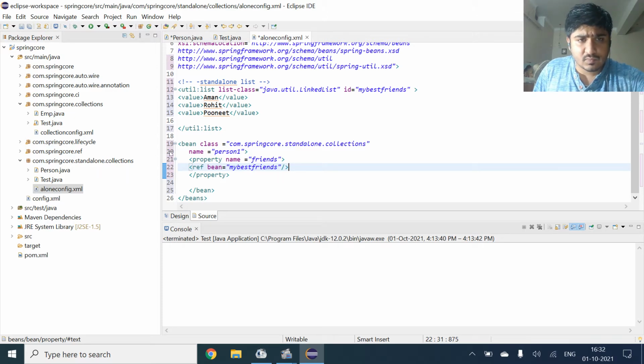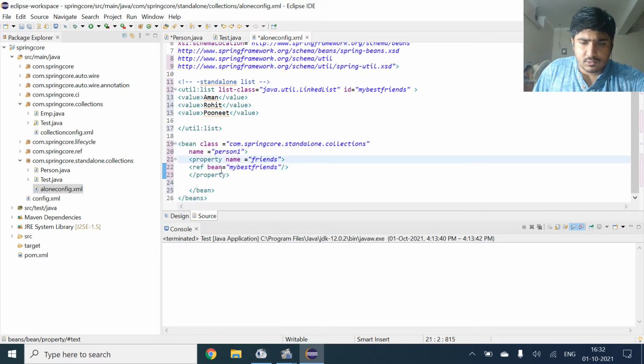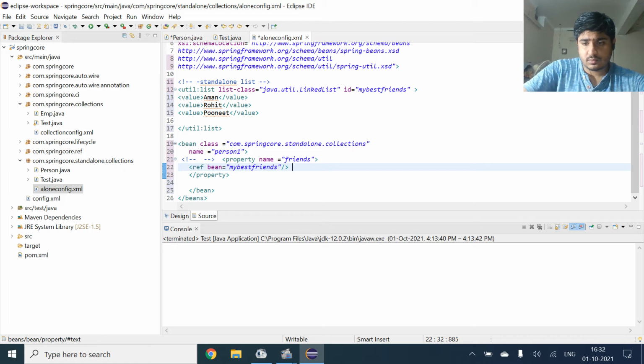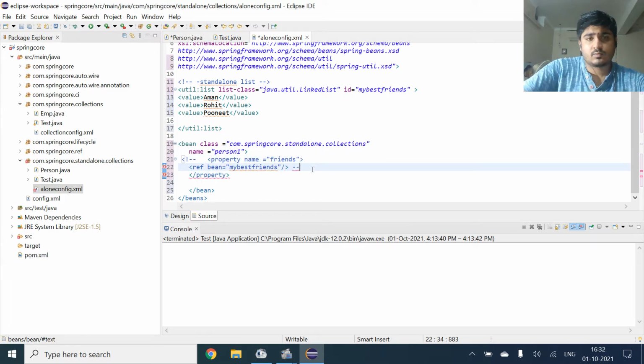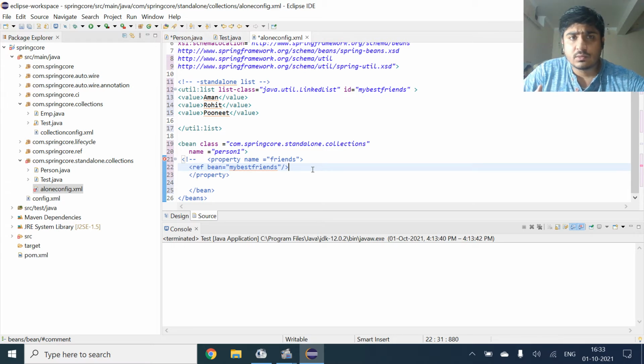We can use an attribute. Basically, we have three things: p schema, using value as an attribute, and the value element method also.